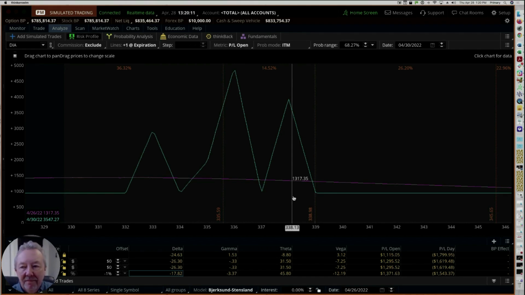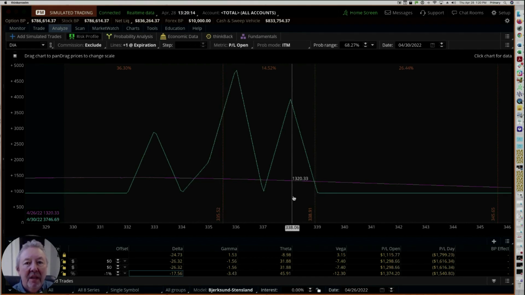So when I put these on, I set the rules. And if I don't get them, then they don't get filled. The only way that I actually do these is to set them up so I'm able to get the butterfly at a credit or zero debit. And when you do that, look it up, do your research, do your due diligence. You can't lose money on it. The only thing you would lose is your commissions.